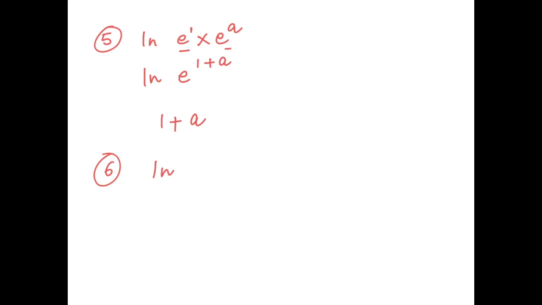And if we have ln of e to the power a over e to the power b, again we will apply our exponential rules. The exponential rule says if they are in division and the bases are the same, the powers can be subtracted. So the answer would be a minus b. Now let's practice our second rule, e to the power ln 3. As I've explained already, ln means log base e, so this can be cancelled. So our answer is 3. So always see ln as log base e. It will be very helpful.